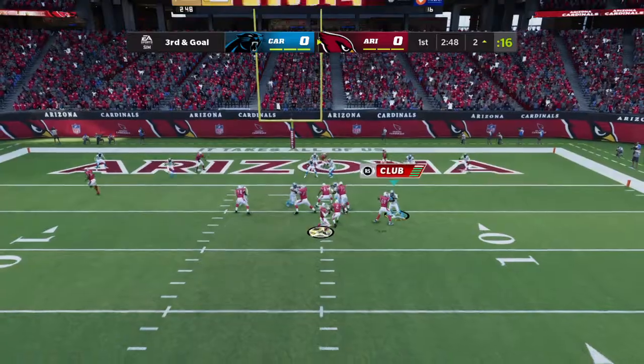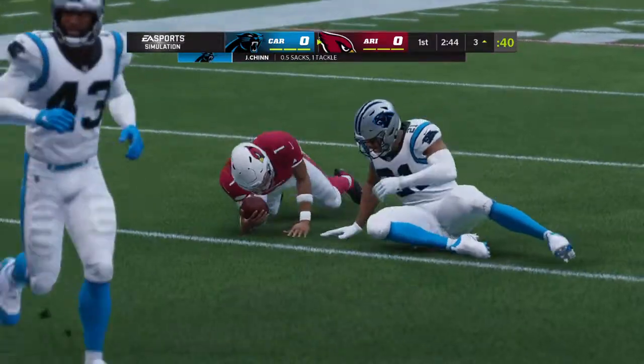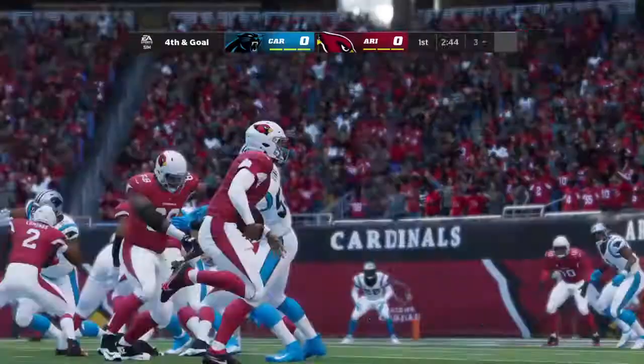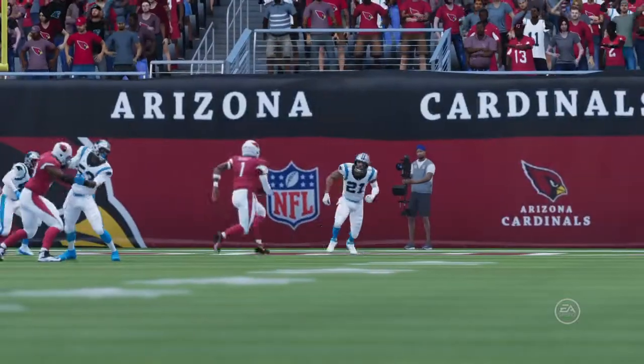To throw, it's Murray. Escaping the pressure right. And he will not get away. He's sacked back around the 3-yard line. Jeremy Chin in there to drop him for a loss on the play. Boy, this has been a nice first drive for them, but right there, Charles, a sack on 3rd and goal,